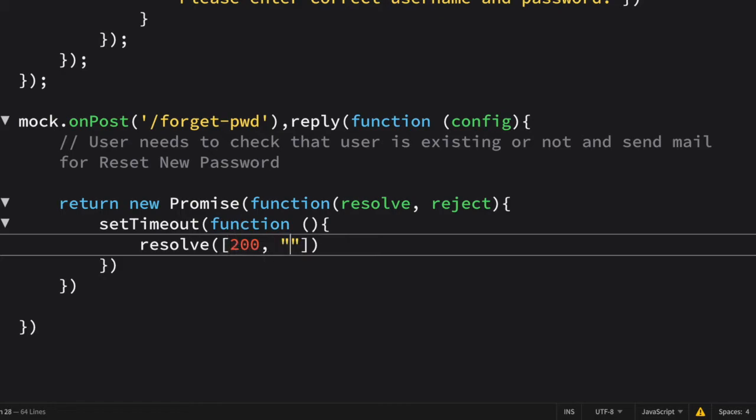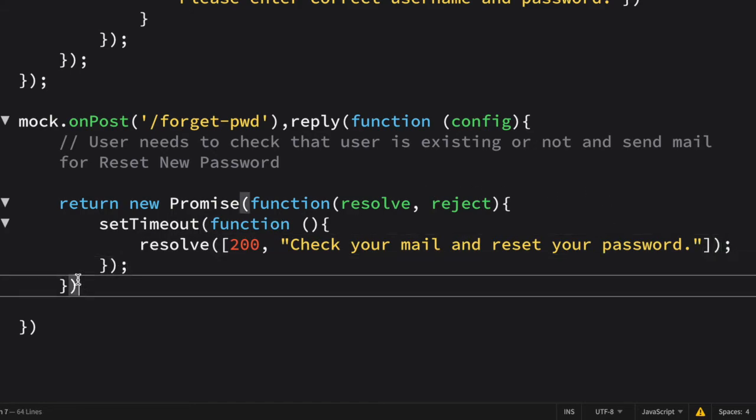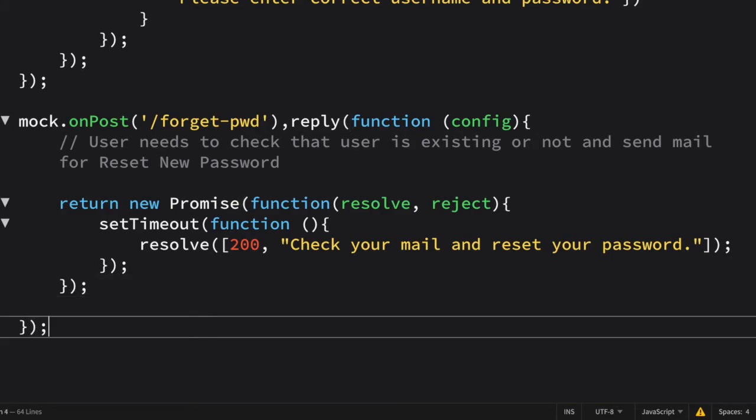And I am going to display this message: check your mail and reset your password. So friends, this is how we are going to allow a new user to register, to log in, and to reset his or her password into our application.